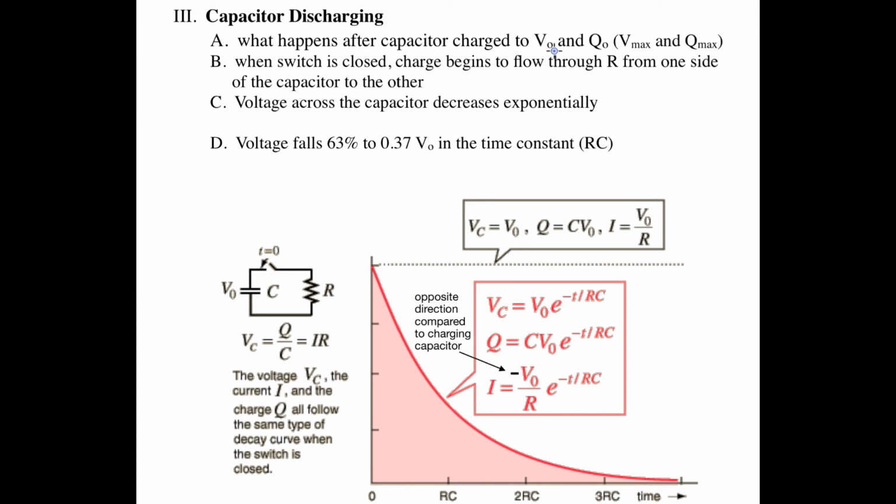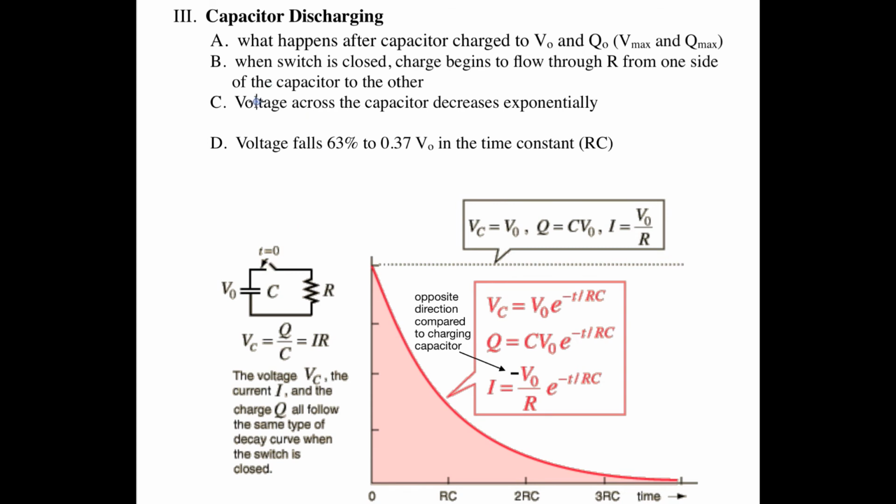We denote it now with a V naught and a Q naught, representing the maximum voltage and maximum charge that this capacitor has, being fully charged. Then you can either remove the battery, or that's what the picture shows here, that we don't even have a battery now. And in fact, our capacitor is, in a sense, going to act as a voltage source